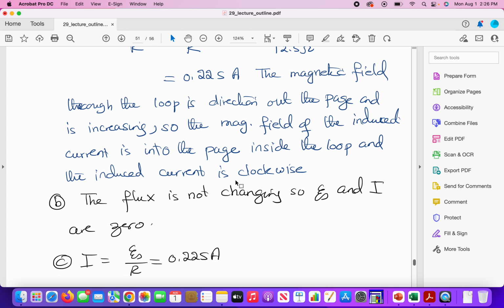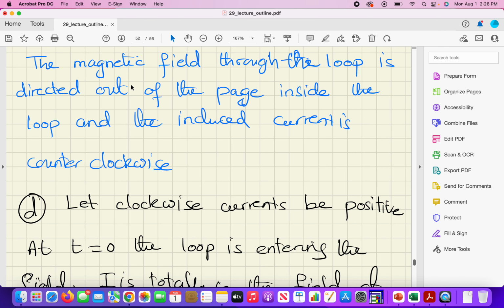The next one is the same as the first one, but we're going to have the current in the opposite direction. The magnetic field through the loop is directed out of the page inside the loop, and the induced current is counterclockwise. The last part,